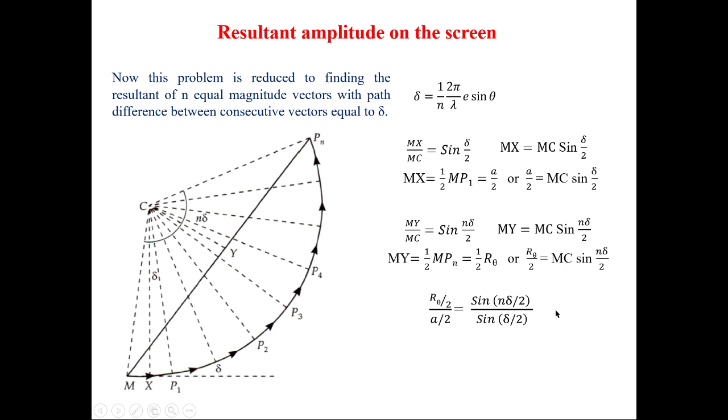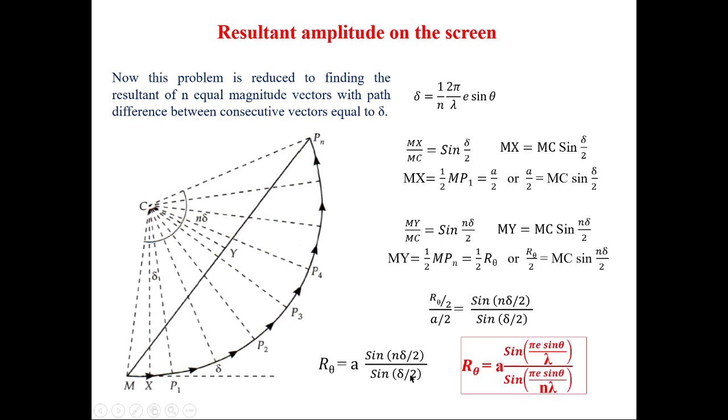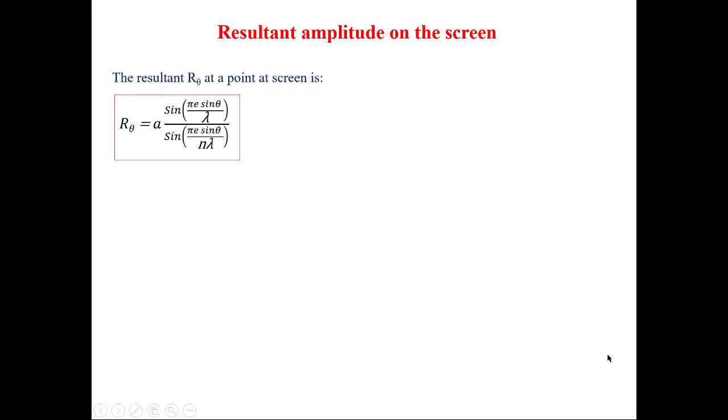By dividing one by the other, this gives R theta by 2 upon A by 2 equal to sine n delta by 2 divided by sine delta by 2, or R theta is equal to A sine n delta by 2 divided by sine delta by 2. This is the resultant R theta. So the resultant R theta at any point on the screen is this, where delta is 2 pi d sine theta by n lambda,